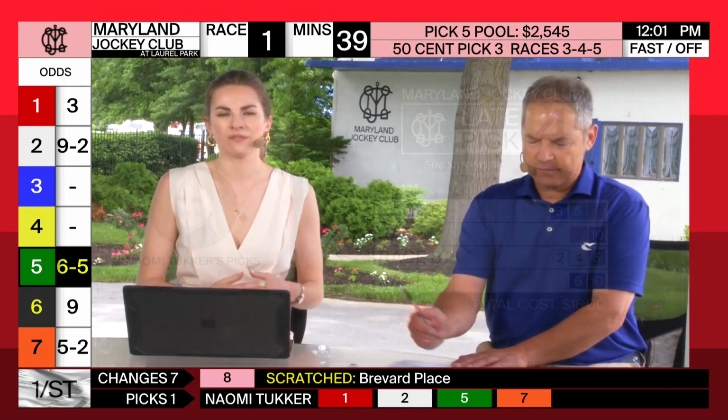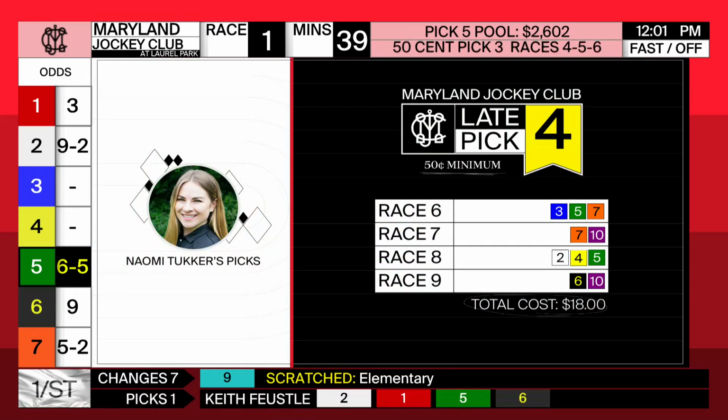Also started at late pick 4, and I decided to create a ticket for that. This is how I play it. 3 deep in here, 3, 5, and 7. Before moving on to race number 7, where I go 2 deep, keying around the number 10 horse in there,